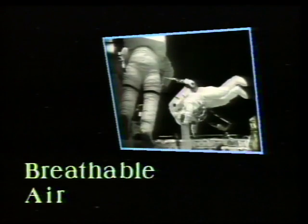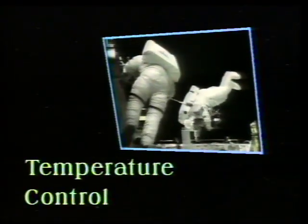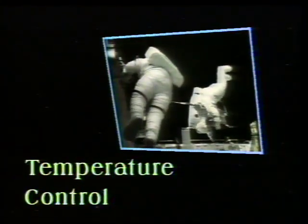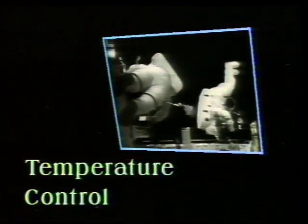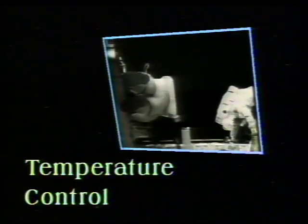This is a standalone, battery-powered system that provides a number of important functions. Breathable air. Pure oxygen is constantly added to the suit to replenish the oxygen consumed by the astronaut's breathing. Temperature control. By varying the flow of cold water through the suit, the astronaut can control his or her body temperature during both idle periods and periods of maximum exertion. Simulated Earth-like pressure. In the vacuum of space, an astronaut needs pressure surrounding their body to simulate the atmospheric pressure